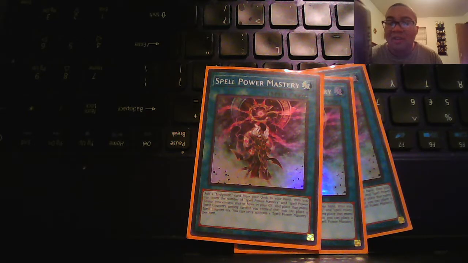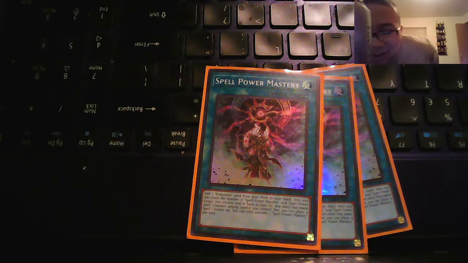Next, we play 3 Spell Power Mastery. This literally says Search Servant. It may as well have just said that. But you can add any Endymion card from your deck to your hand. Then you can place spell counters up to the number of Spell Power Mastery and Spell Power Grasp you have in your graveyard. So if you have 3 copies of Spell Power Grasp, which we do not play,